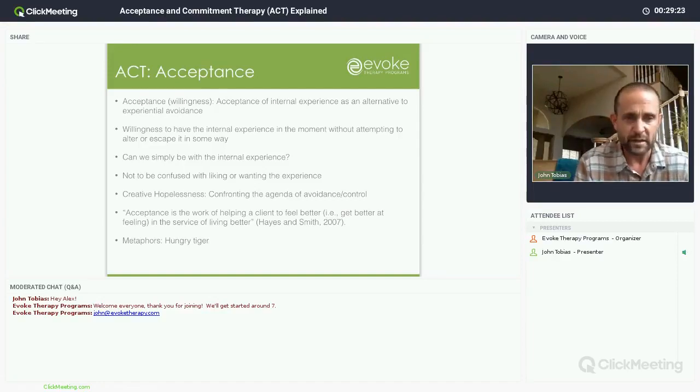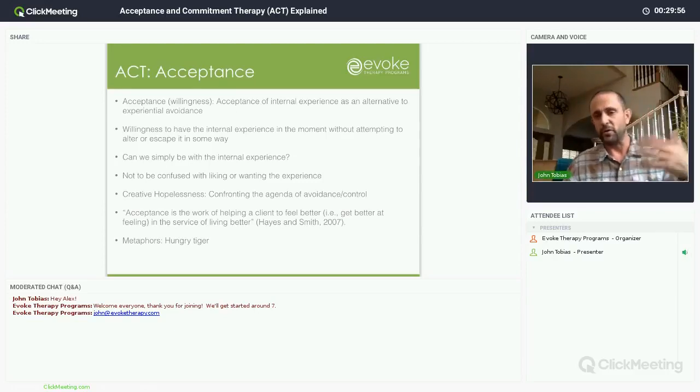So there's a metaphor that I like when I'm talking about this process, and it's the metaphor of the hungry tiger, and I'll talk through it pretty quickly. So let's say you open up your door one morning and there's a beautiful little tiger kitten out on the front porch, and you decide to bring it into the house, and you start feeding it hamburger meat, and it's growing. You have to graduate from hamburger meat to steaks. Maybe you're feeding it steaks. This tiger's growing. Pretty soon you're feeding it